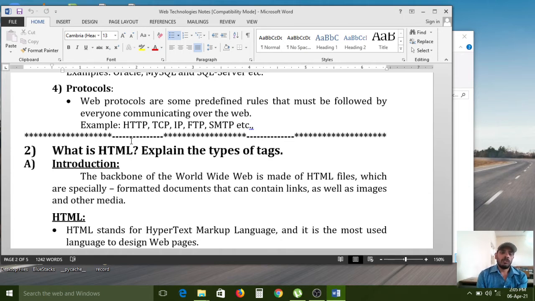Gmail to Gmail, Gmail to Yahoo, or any other mails, every piece of information is shared with the SMTP protocol. There are a number of protocols available, but here a few examples are given for your understanding. Without protocols, there is no internet in the world.